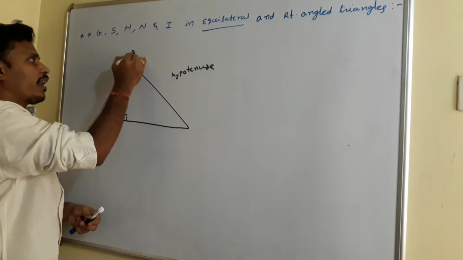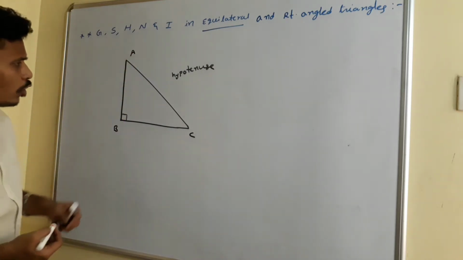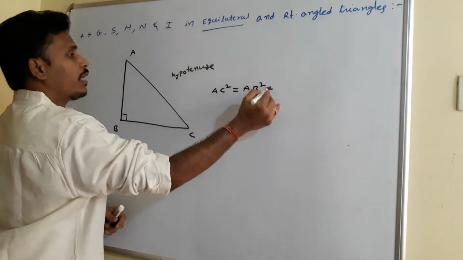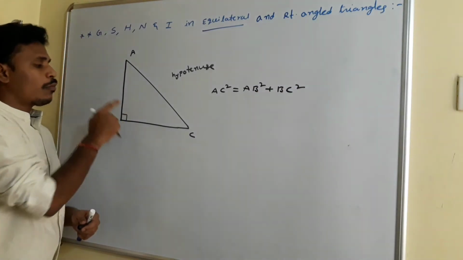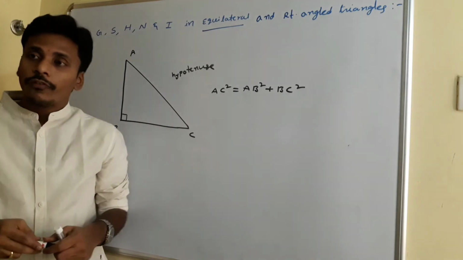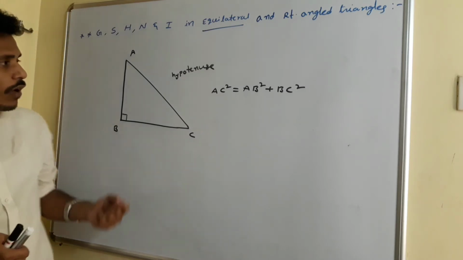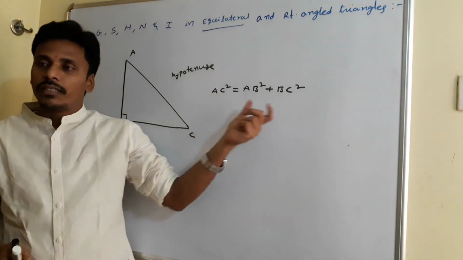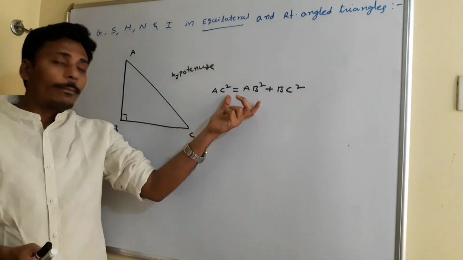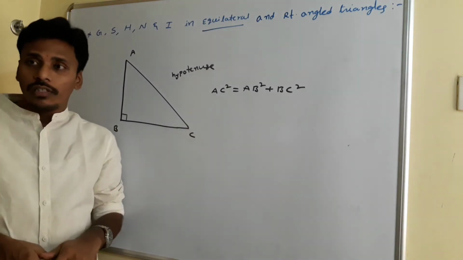If we have a right angle triangle named ABC, right? And we know that for a right angle triangle, AC square is equal to AB square plus BC square. That in the sense, the sum of the squares of these two sides is equal to the square of this hypotenuse, right? If you have any three vertices like A(x1,y1), B(x2,y2), C(x3,y3), by finding these distances like AB, BC, CA, you can check whether it is a right angle triangle or not by checking that the sum of the squares of any two sides is equal to the square of the third side, right?